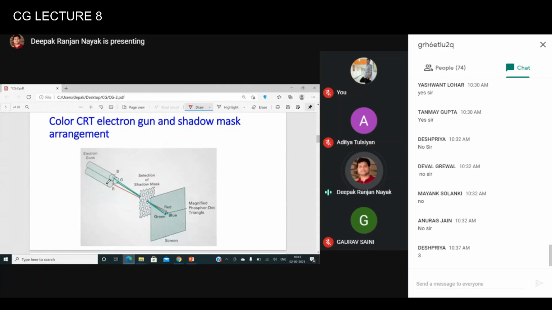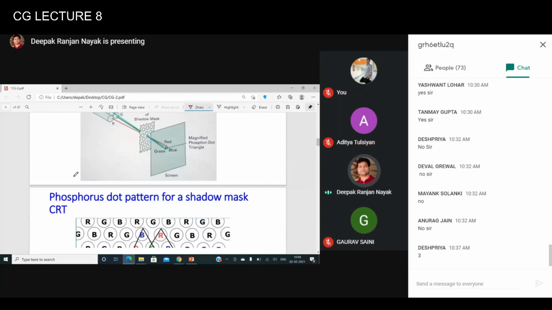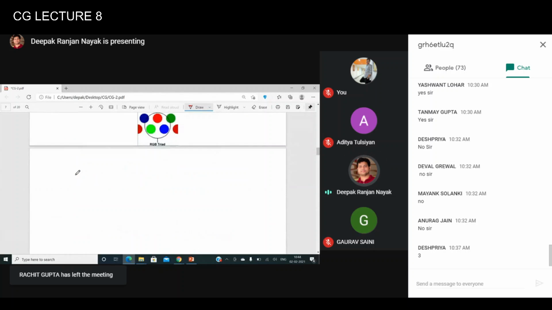This color CRT system is sometimes called RGB monitors, right? These monitors basically use shadow mask methods and take the intensity levels from electron guns for the different colors of red, green, blue. And yes, the high quality raster graphic systems. There are a few points here we should note down.